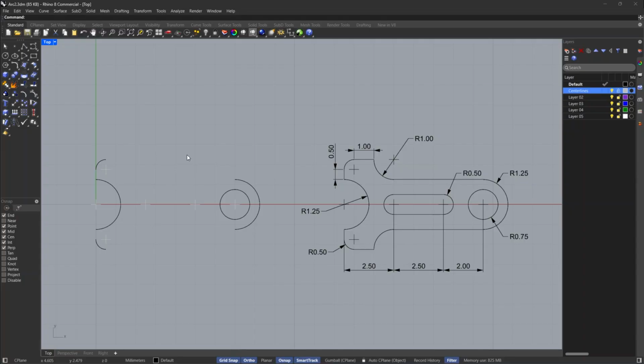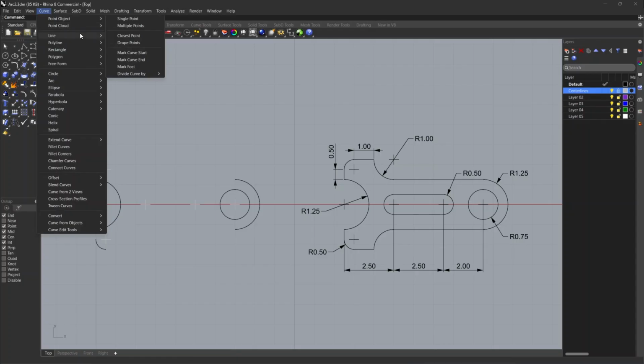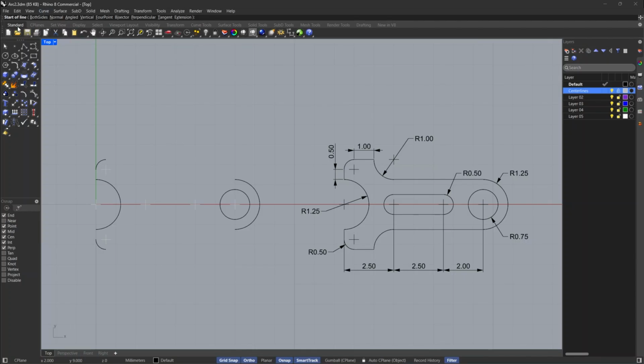Next, we will draw single lines with relative XY coordinates. From the curve menu, click line, then click single line. For the start of line, pick the top endpoint of the arc on the right.